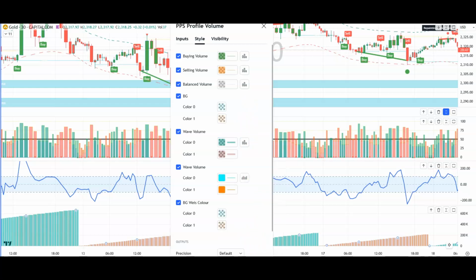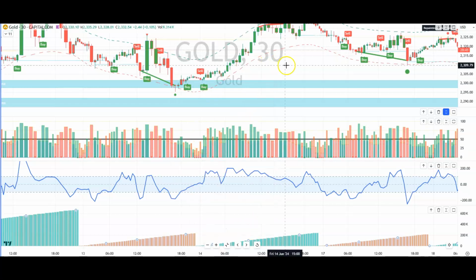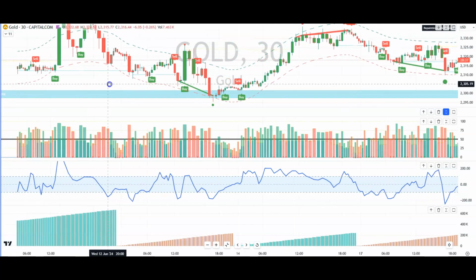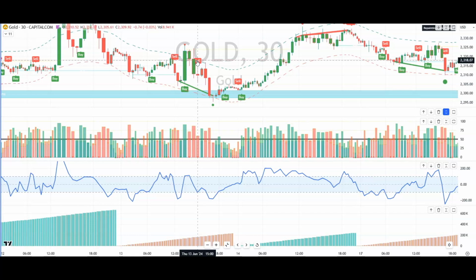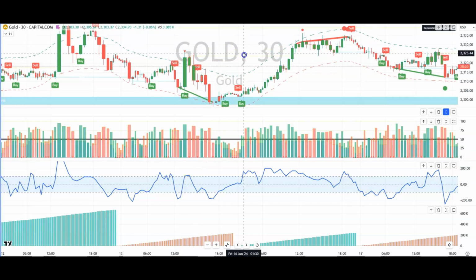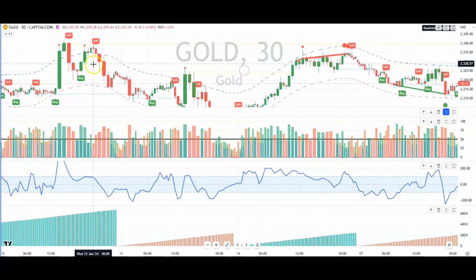There we go. I like green and red. And we can see that that's a nice entry indeed. Now, in this one here, we can see that the signal's a bit late, so I wouldn't be trading this, to be honest. I'd want to be trading it up here, but it's not ready. But nonetheless, it's a good demonstration that the volume increases and there's a delay, which can happen sometimes, but often